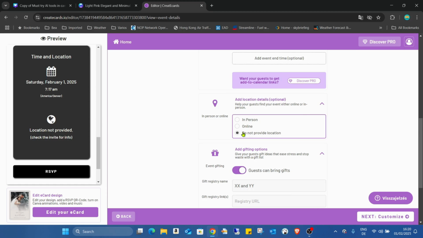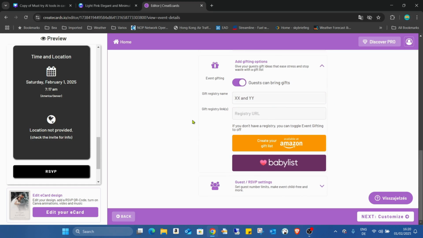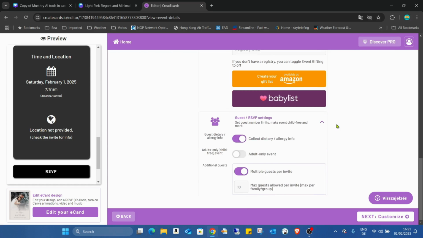visible in the eCard. Here you can allow the guest to bring gifts, and if you're doing it, you can add the registry name, also add a link if you already have it, or create your Amazon gift list or baby lists. And one other optional menu for the guest, we can collect dietary or allergy info, or turn on adult only event, and also